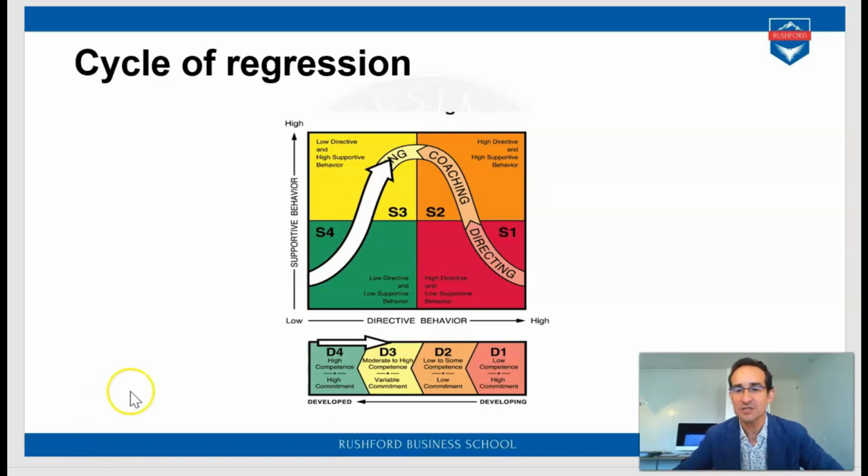So you are not going to start here and progress here and continue here and arrive here. You might be here, you can be a D4, and you will have to experience a new problem, a technological thing that you don't understand, and you might step back to S3 or S2 or even to S1 if there is a radical technological change that is putting you back. Or imagine, this is very common, for instance, with women, they get